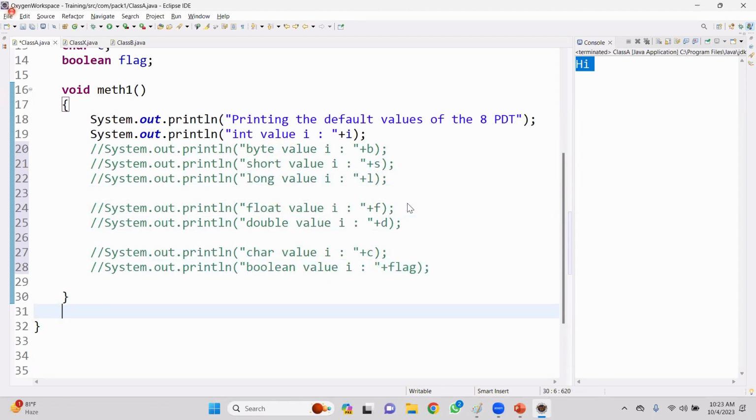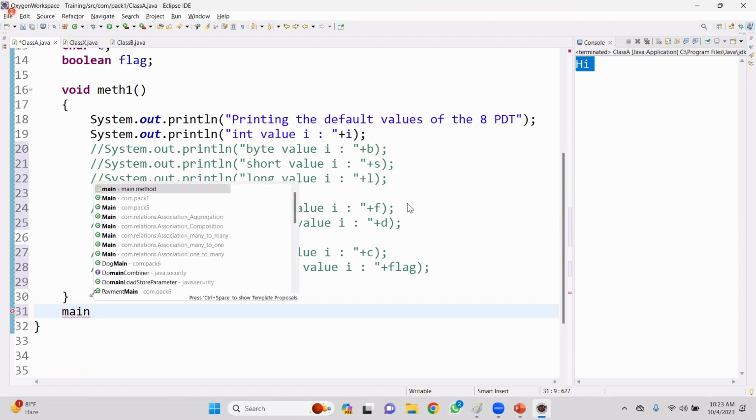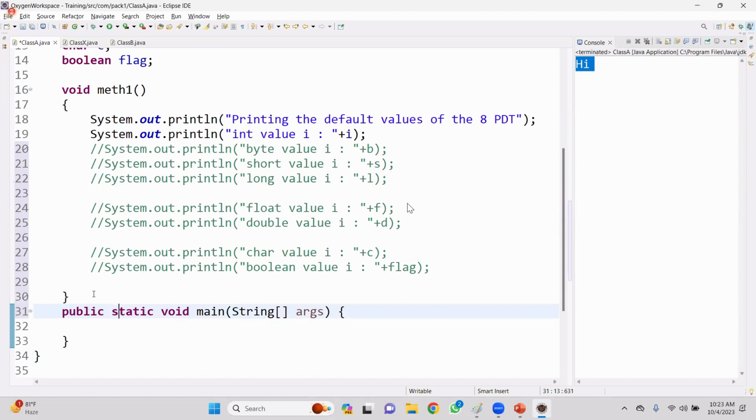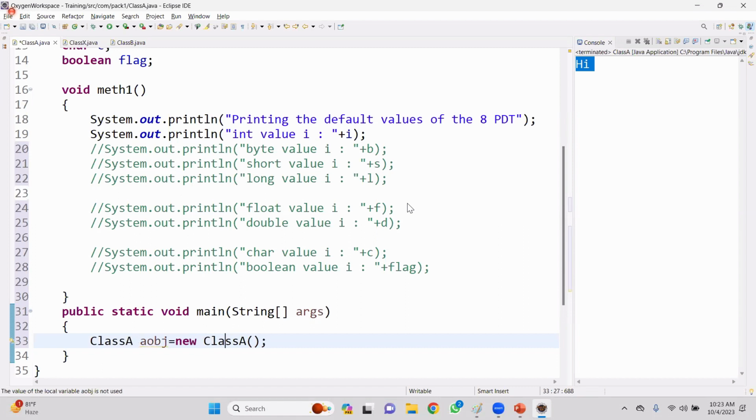Let me go to my main method, please. Now inside my main method, create a new object of class A. I want to have a reference, A obj equal to new A, which belongs to class A. After that,